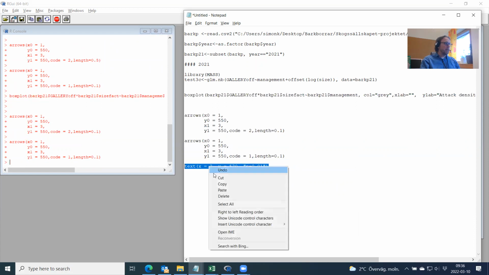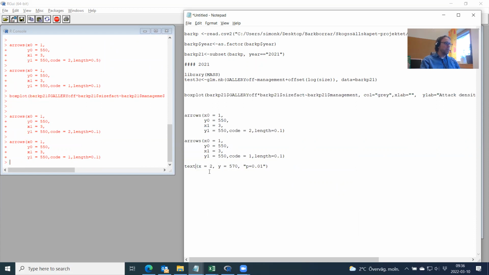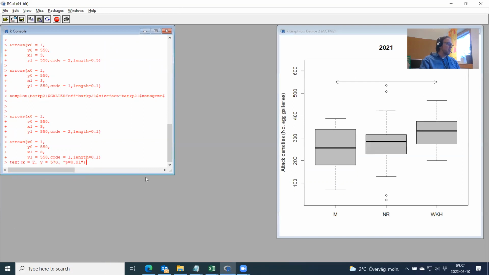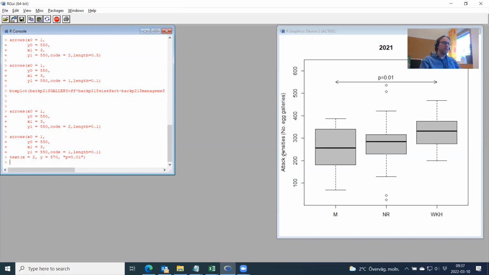And then we add the text function, where I specify that I want to have the text on the x-axis in the middle, which is number 2 between 1 and 3, and a bit above the arrow, which I set to 570, and the p-value is 0.01. So when I do this, I just add the text to the plot. And here I specify that the difference between managed forest and the woodland key habitat is